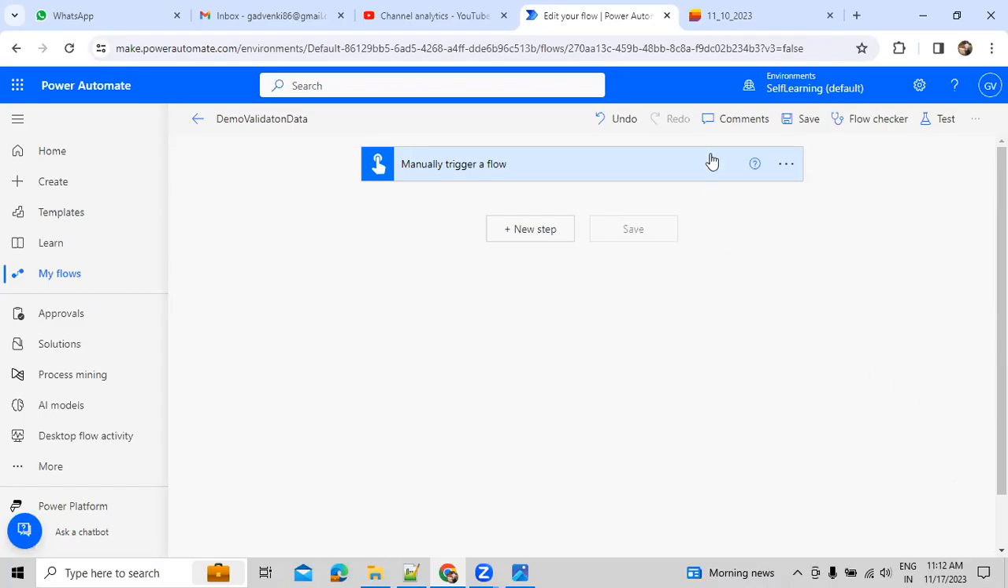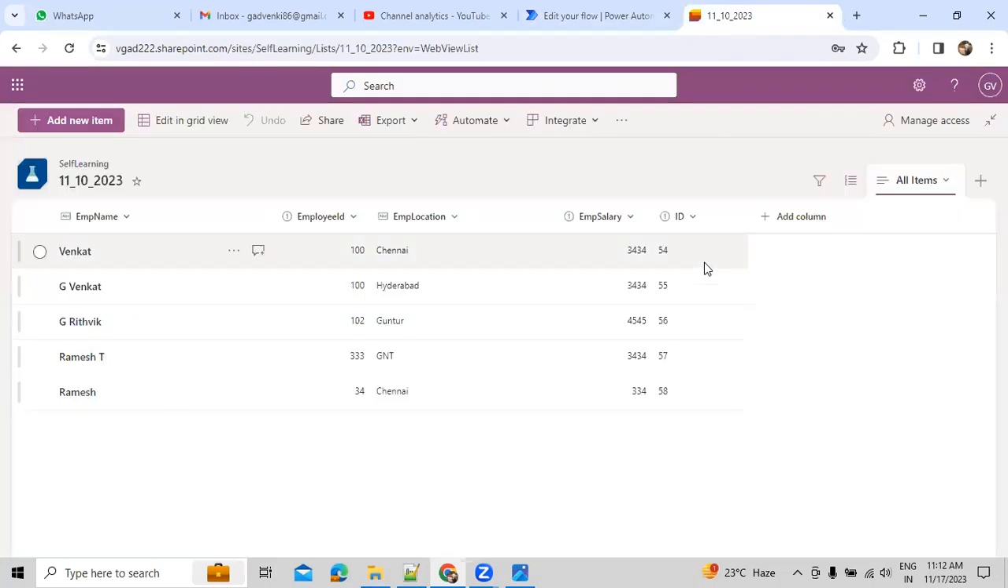Okay, so currently, I'm creating a manual trigger flow. Here we can see there is a list. The list name is this one. And there are four columns: EMP name, employee ID, employee location, and EMP salary. Okay. I want to get these items into the flow. So for that,